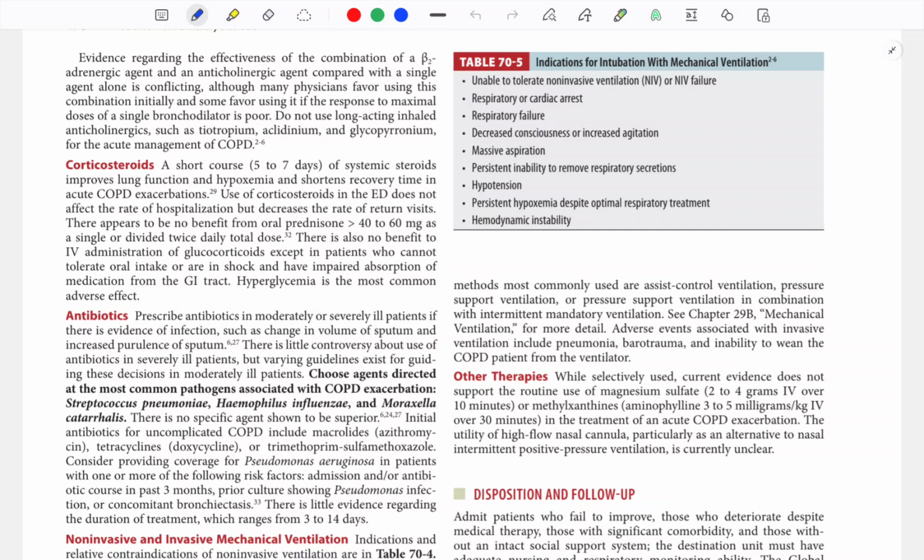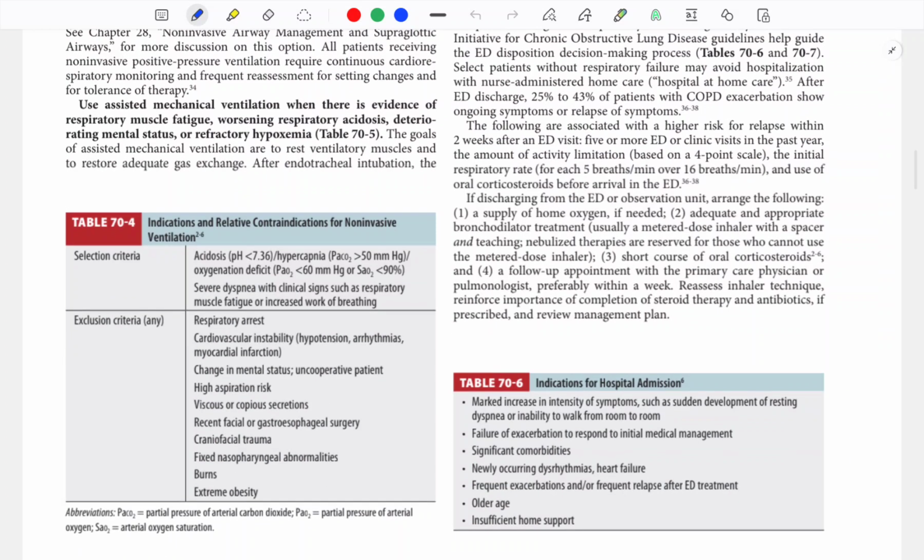What are the indications and relative contraindications of NIV? First is the selection criteria. So any acidosis, pH less than 7.36, any hypercapnia, CO2 more than 50, any PO2 less than 60 or saturation less than 90 is a criteria for NIV. Plus, the patient should be able to take his own breath. Severe dyspnea with clinical signs such as clear-cut respiratory muscle fatigue and increased work of breathing are the selection criteria for